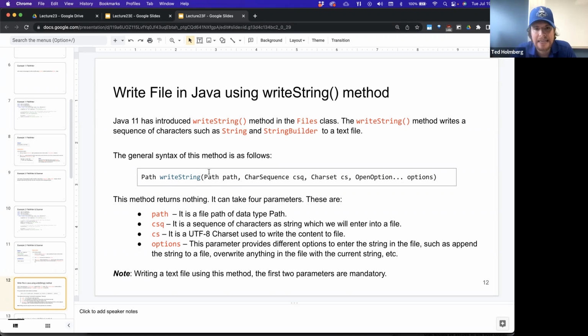WriteString, we pass in a path as the first parameter. We can pass in a character sequence as a second parameter. We can pass in the charset as the third parameter, and we can pass in any number of open options as the set of parameters thereafter. And so just to specify, this method returns nothing. It can take 4 parameters. They are